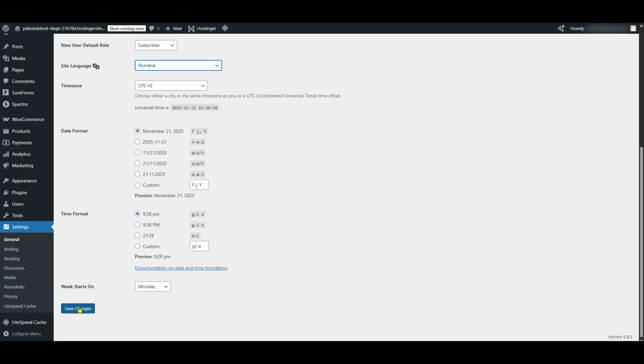You've successfully changed your WooCommerce site language. Ensuring your online store operates in the language that best serves your audience can significantly enhance your user experience and potentially broaden your customer base as well. If at any time you need to switch languages again, you now know exactly how to do it.